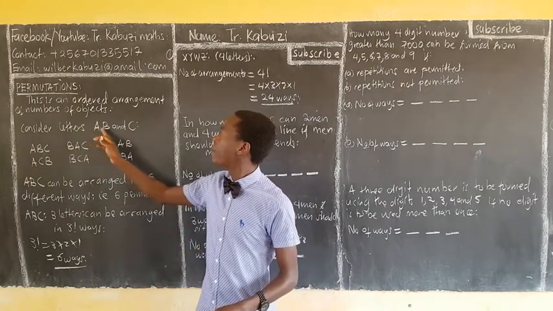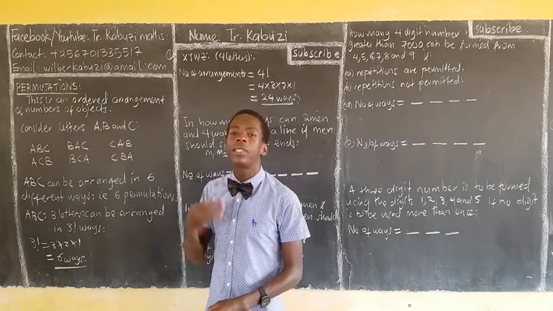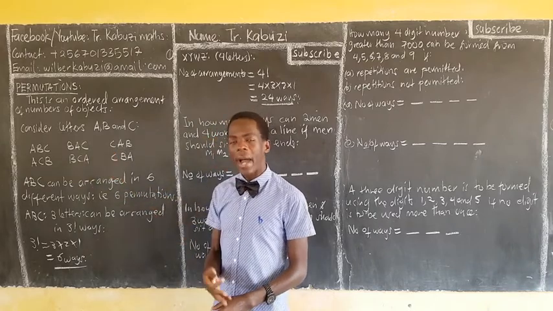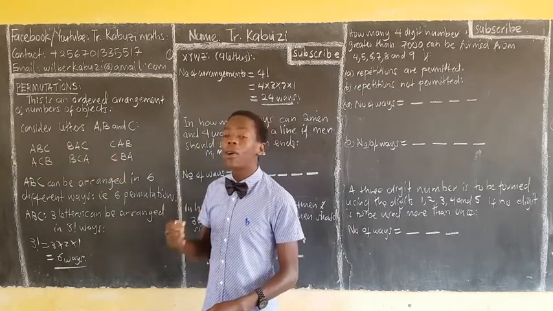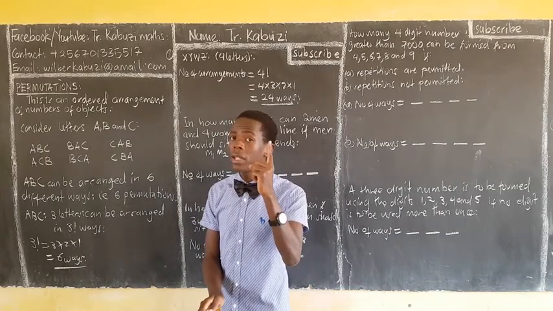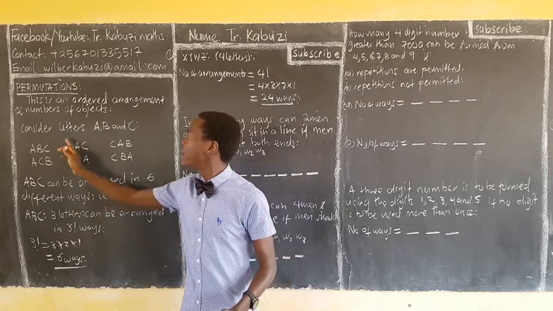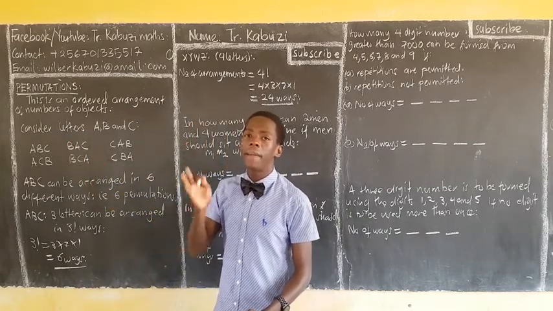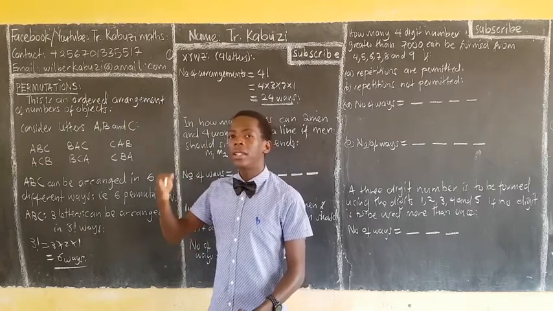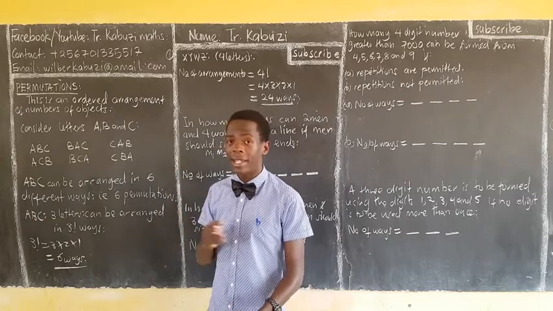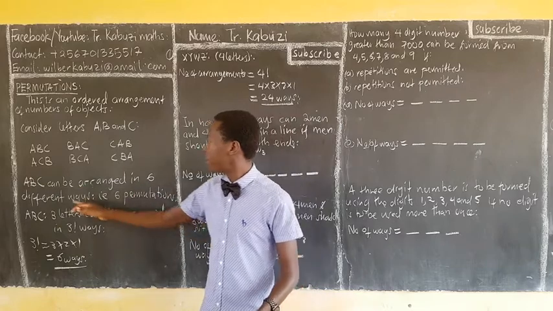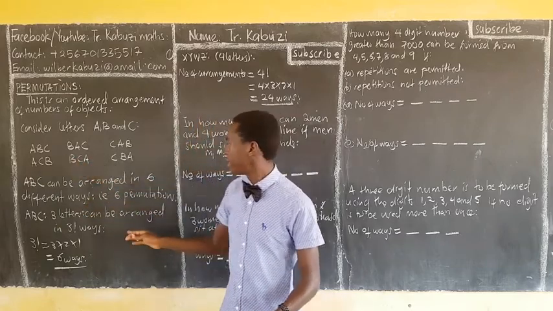So I can permutate this ABC into 6 permutations, like 1, 2, 3, 4, 5, 6. But the combination of the letters is 1. So we have one combination because we have ABC. Even if we arrange them anyhow, it remains a combination of ABC. So the combination is 1, but we have 6 ways we can arrange those 3 letters. That's the difference. Now, ABC can be arranged in 6 different ways. I think you can see the 6 ways,